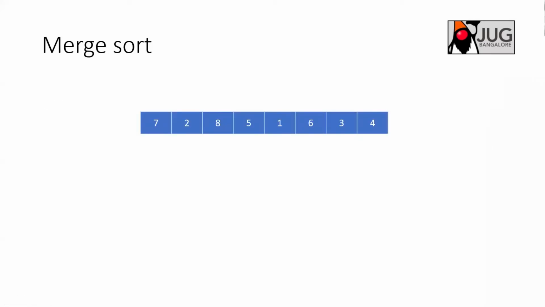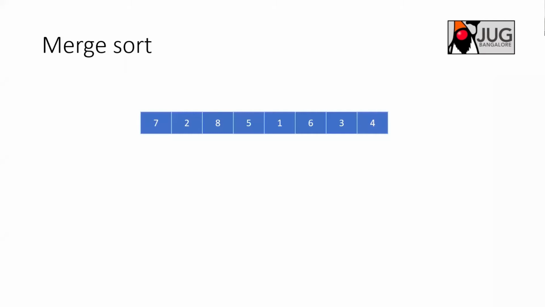Merge sort basically uses recursion in nature. What it does is divide the array. In recursion, we take a bigger problem and divide it into smaller problems, and keep dividing until the problem reaches a base condition, which in this case can be having just 2 elements, and then you can compare and do a merge.